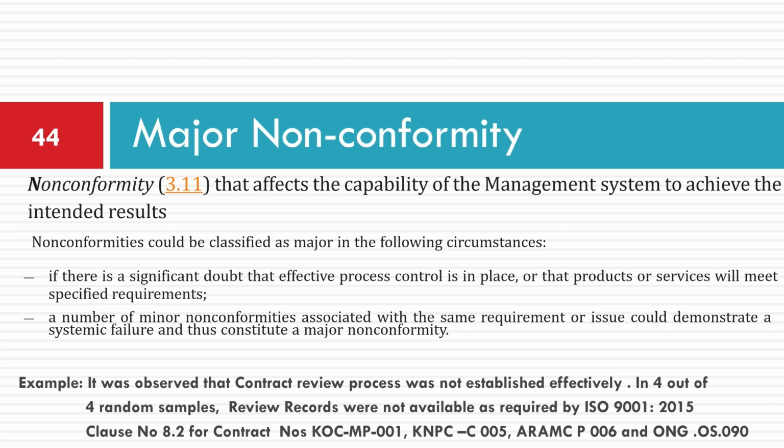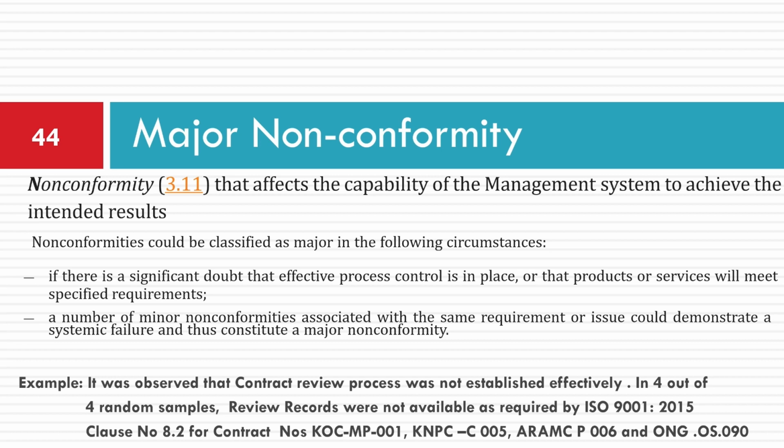So the non-conformity can be classified as major under the following circumstances. If there is a significant doubt that effective process control is in place, or that the product or service will meet the requirement. We have got a doubt that it will not meet. Whether the process will produce an effective result is very much doubtful. So when you are convinced that there is a significant doubt the organization cannot produce the product and services that the organization wants to produce for their customer,